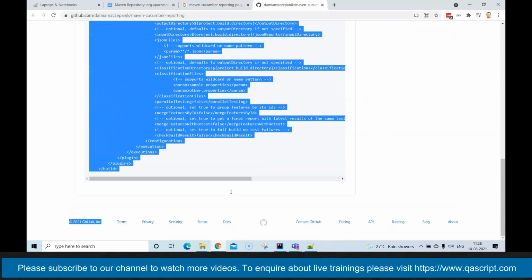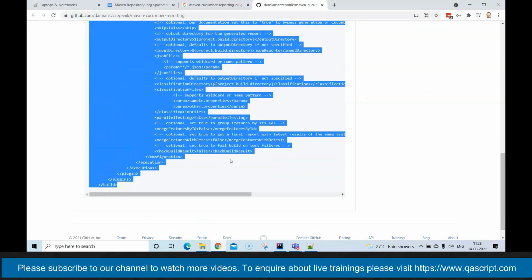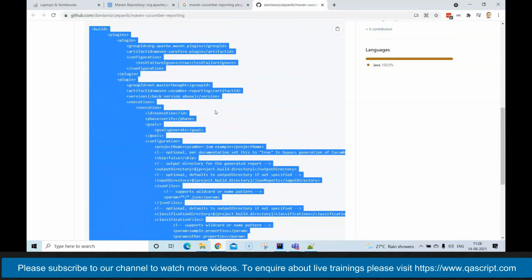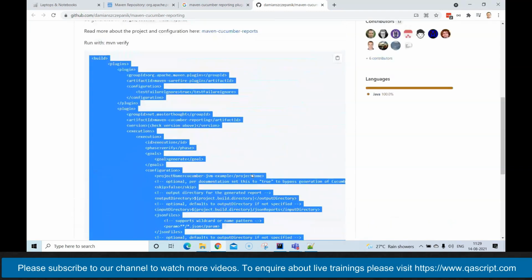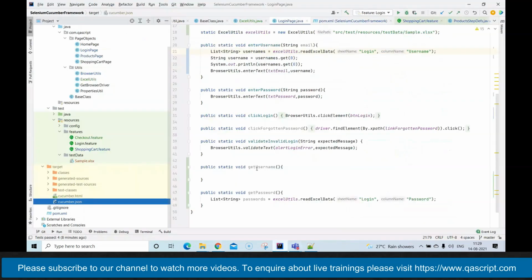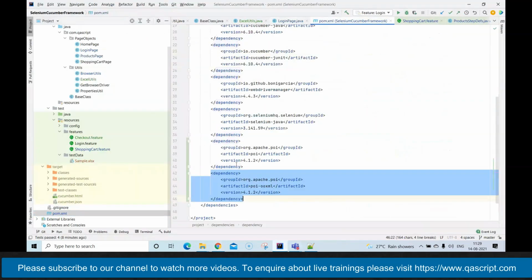I use it for every Cucumber project I'm working on because it gives me a different view of my test results. There are some pie charts, there are tables. So on top of the default Cucumber report, this is a good extension to your reporting. It's pretty easy to configure. You just need to add this plugin into your project. So if you go to pom.xml,